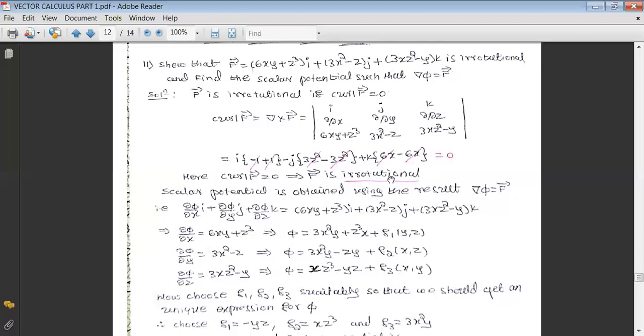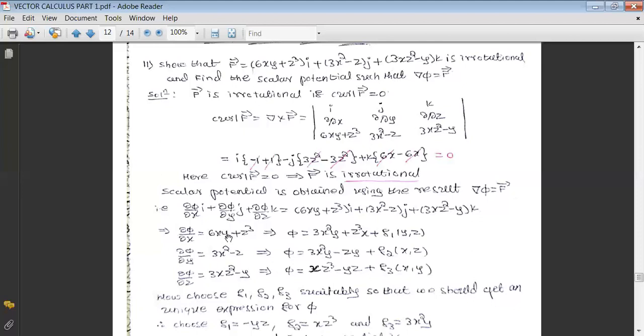Now from the property, whenever the vector is irrotational, there exists a scalar pi such that del pi equal to f bar. Now del pi means dou pi by dou x into i plus dou pi by dou y into j plus dou pi by dou z into k equals the given vector f bar that we have written here. Now equating the coefficients of i, j, k on both sides, let us see what we get. First, the coefficient of i on LHS is dou pi by dou x, and that equals, on RHS, 6xy plus z cube. Now if I integrate this with respect to x in order to get pi,